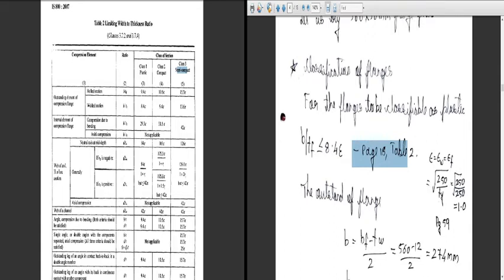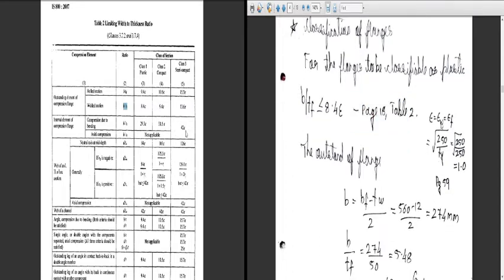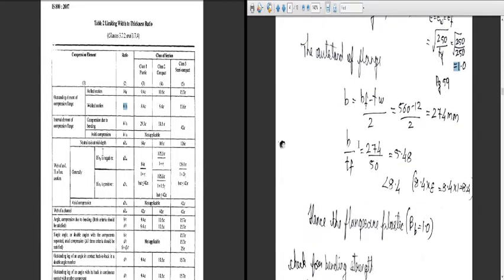So we require the ratio for rolled section and welded section. Now ours is a welded section, so we have to find out the ratio b by t_f here. So b by t_f less than or equal to 8.4 epsilon, where epsilon is nothing but 1. Now let us see the outstand of the flange, as we discussed in the design of beam in the previous semester. So b is equal to breadth of flange minus t_w divided by 2.